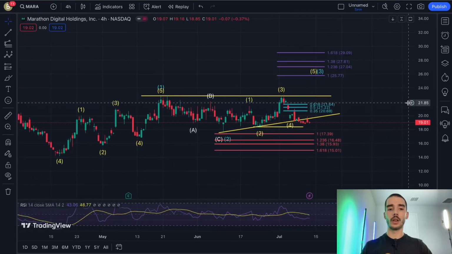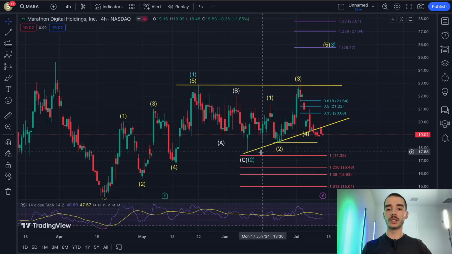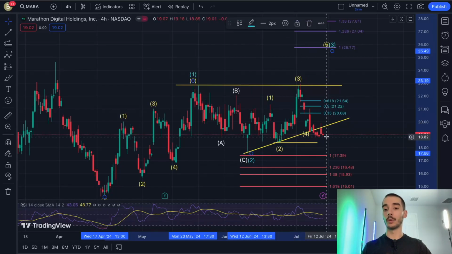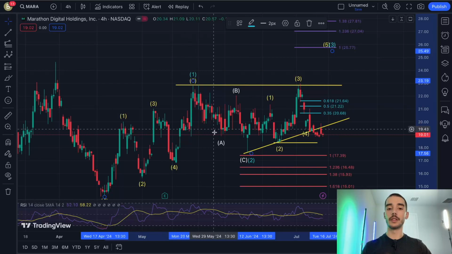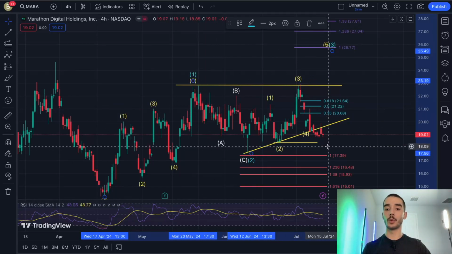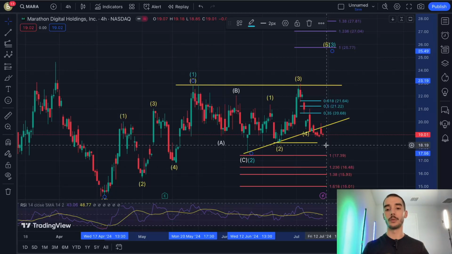As of right now, we have a first wave confirmed. Our second wave, we're saying that it bottomed out right here. Although this can change if we were to drop lower and make one more low, instead of this three-wave corrective pattern being right here, it would be a more extended three-wave corrective pattern, just like Bitcoin is having currently. So this will be the first, and then the second and third wave. That's if we do one more quick low down here. If that were to happen, I will consider that a big buying opportunity for people that are sticking around and watching this, and the price happens to be down here.